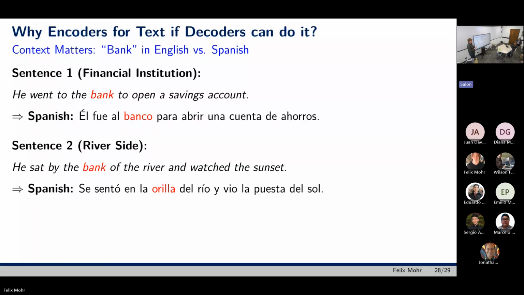Because for you, it's more useful if you can say, which vector should I use for bank in this context? If I just give you an embedding, you can just ask what's the vector of bank, but the context doesn't matter. But it's better if I give you my sentence and say, please give me the vector of each element in the sentence,